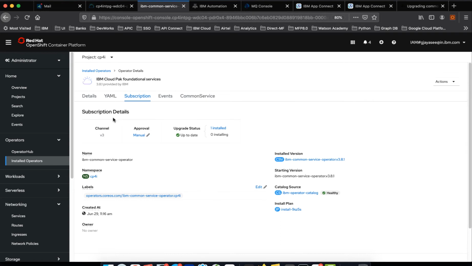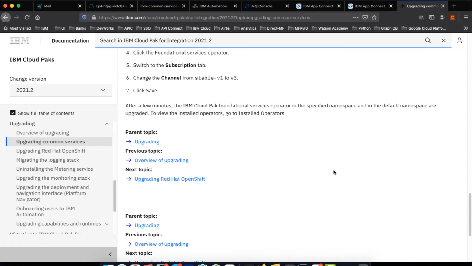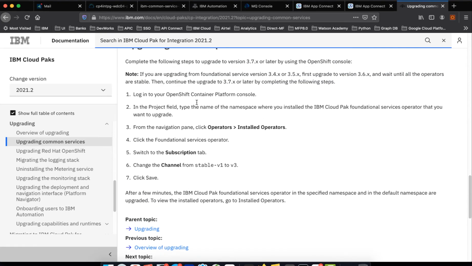For you to upgrade, you need to come to the subscription and click on the channel, and then look for version v3 as per the documentation. If you scroll down, it clearly says you need to choose the channel stable v1 or v3.